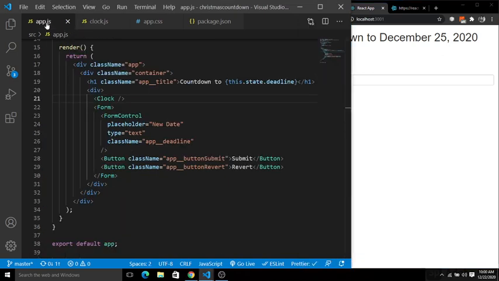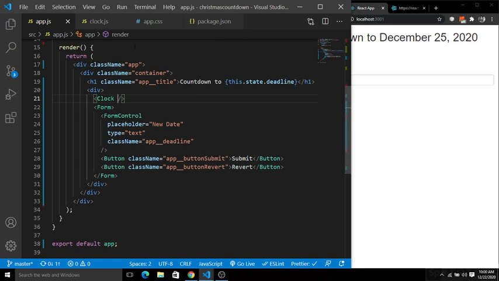So now let's go to your app.js. Inside the app.js, you have to simply pass the props. So inside the Clock component here, I am going to pass the props.